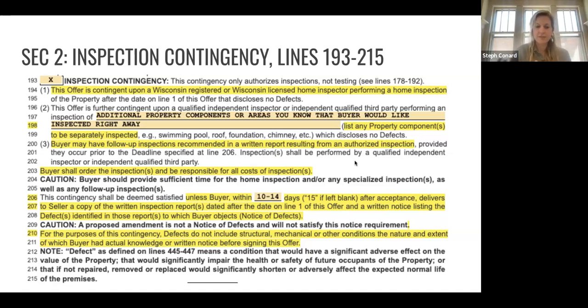part of this process. They're going to be paying for the general home inspection, which I always say is around $350 to $500. But then they also might want to budget for any follow-up inspections that might come as a result from that general home inspection. Generally speaking, contractors will come out and give free estimates. Where it might be costly for a buyer is for those more involved